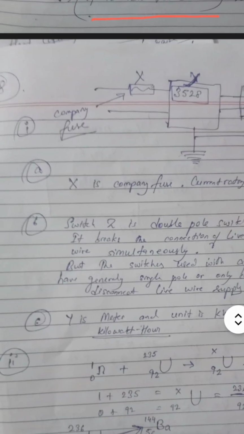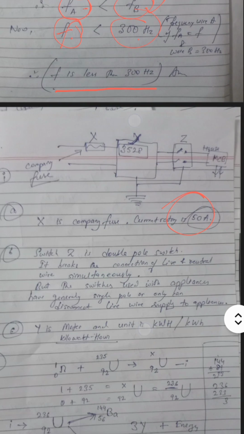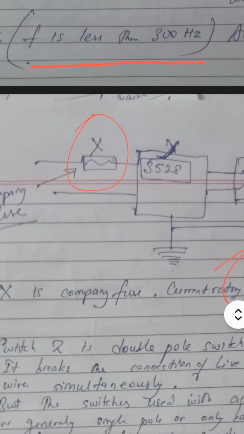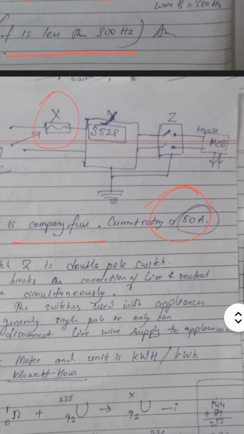Now this electric box diagram is given in question number 8.1. The diagram shows wiring in the meter room of a building. It is not mentioned here whether the building is commercial or domestic. So the answer for the current rating of device X depends upon the load of the building. If the load is more, the current rating will be more. For commercial purposes, a 50 ampere rating is used, and for domestic, 30 ampere is used. Since it is not mentioned, the student has to mention both the answers. For domestic it is 30 ampere, and for